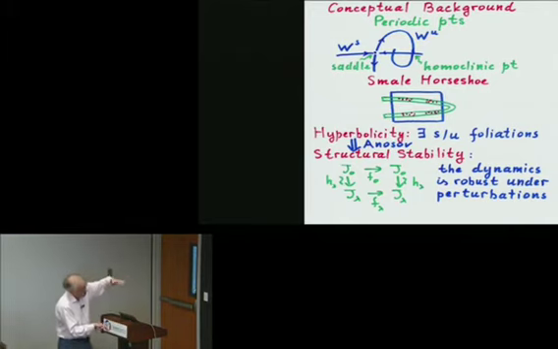You contract this box vertically, you expand it horizontally, and you bend it in such a way to obtain this horseshoe. And it is very important that the tip of this horseshoe is outside of the box. This detail is extremely important, and it makes this map quite tractable. Namely, if we consider all the points which never escape from this box, it will be a Cantor set. This set of dots is supposed to depict a Cantor set. And on this Cantor set, the dynamics can be described quite explicitly.